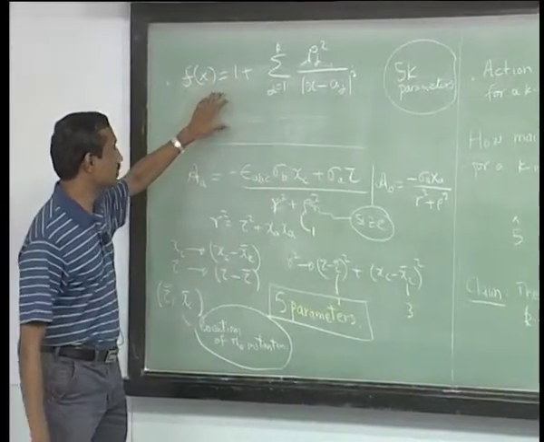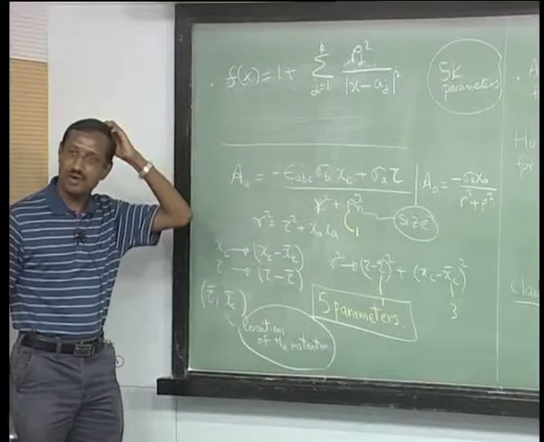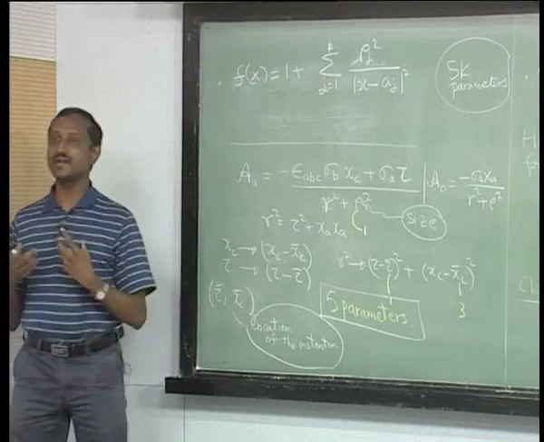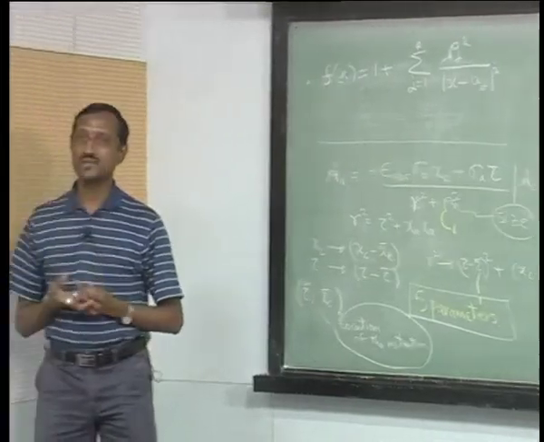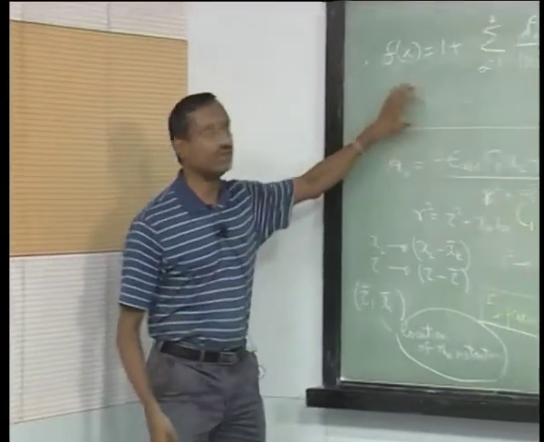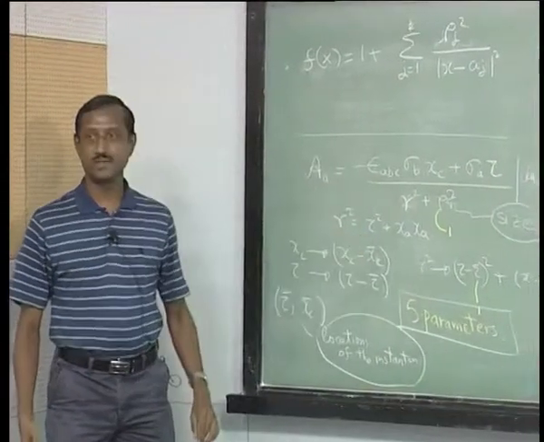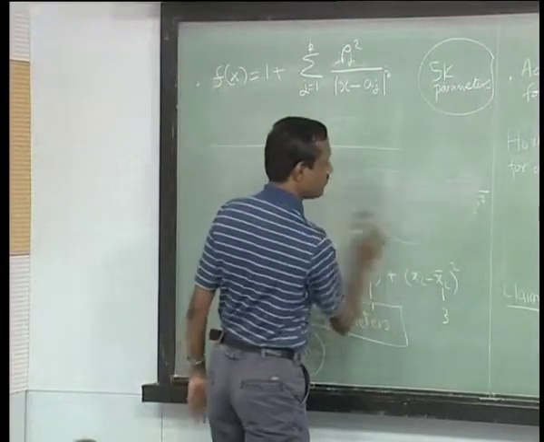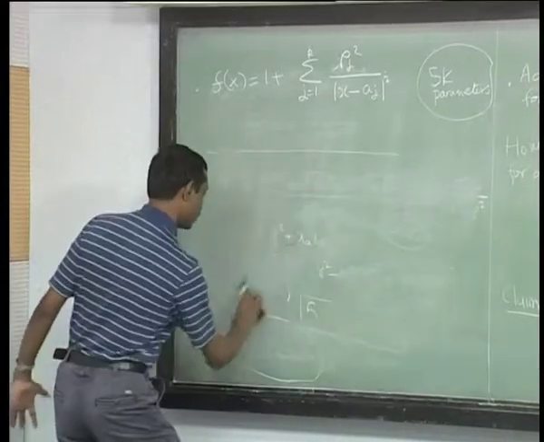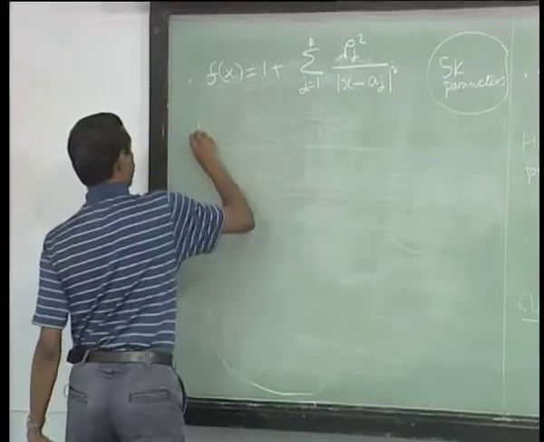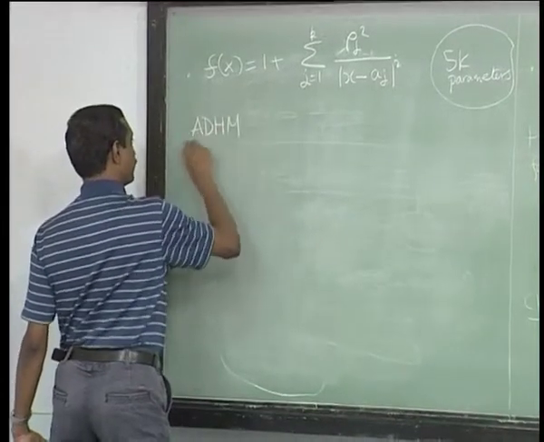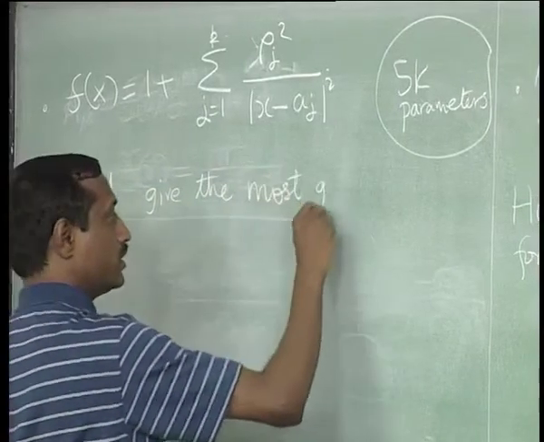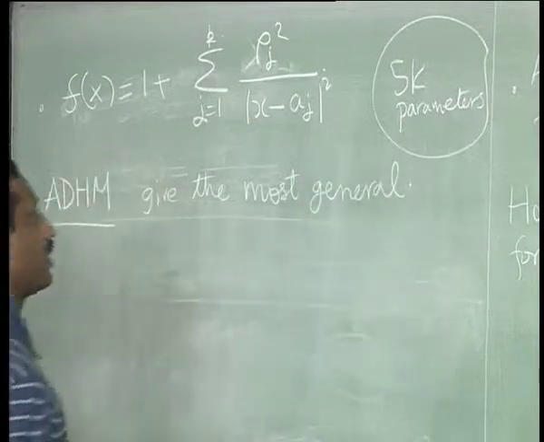So this is a solution due to 't Hooft, and the more general thing I feel is a little bit complicated, but when I talk about dualities there is a nice geometric way of understanding the ADHM construction. So the ADHM construction gives the full 8k minus 3 parameters, okay. So this is just a remark. All these things you will be working out in your next assignment, so that you know how the algebra works out. Okay, it gives the most general solution,